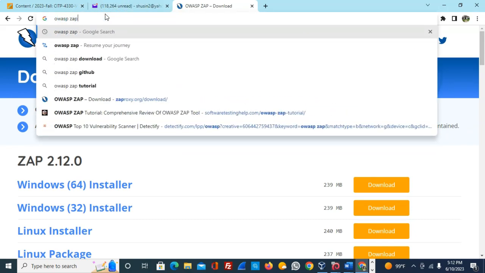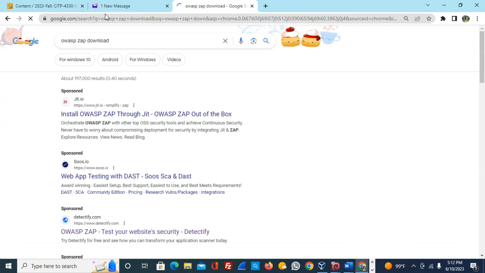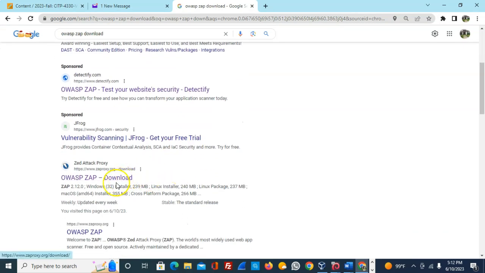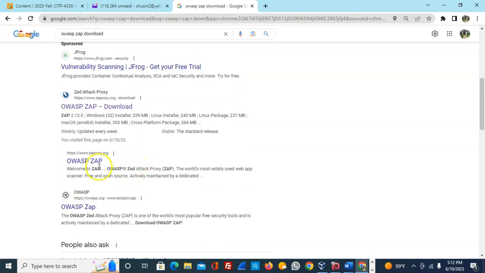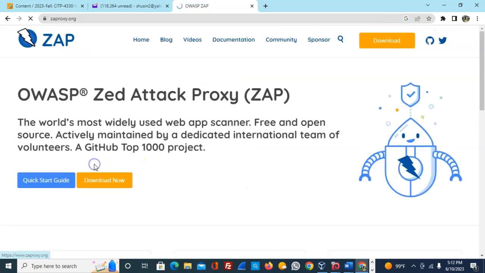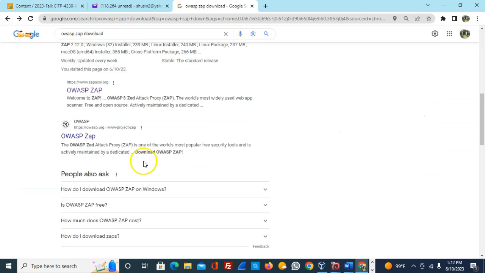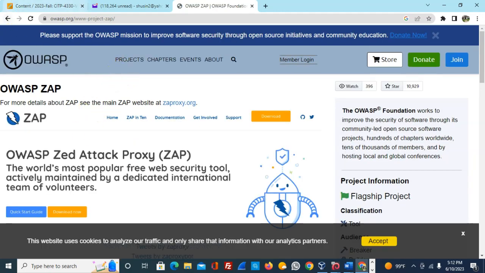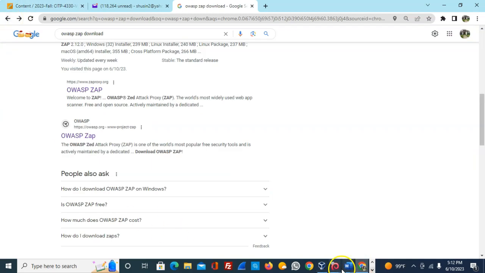OWASP ZAP download. Okay, I usually use this one. Okay, ZAP proxy. No, I think I have my own thing that I like to show you. Okay, well, you can use that site too, but